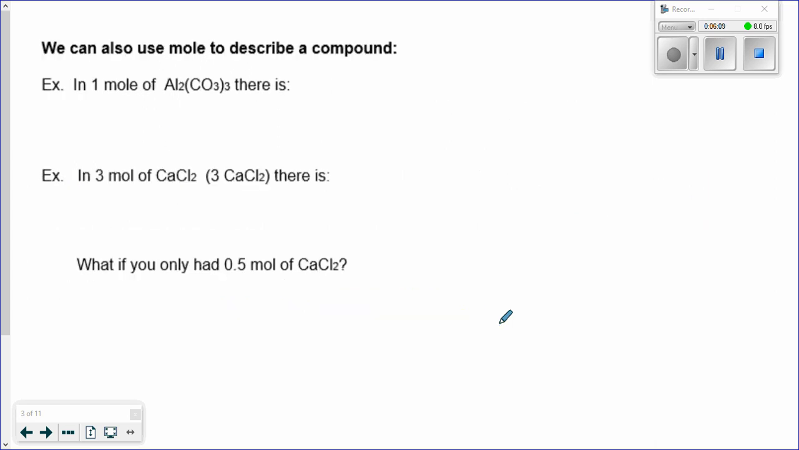So we can also use the mole to describe a compound. We've already kind of talked about some of this stuff. So in 1 mole of aluminum carbonate, Al2(CO3)3, there are 2 moles of aluminum